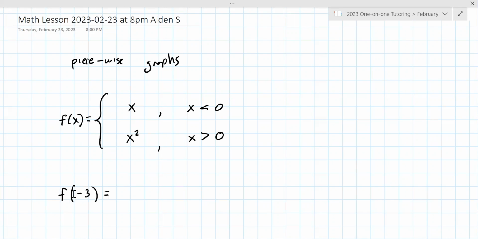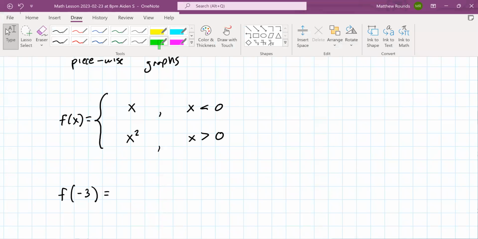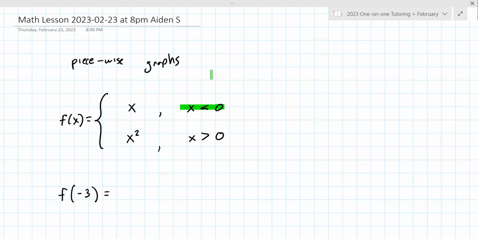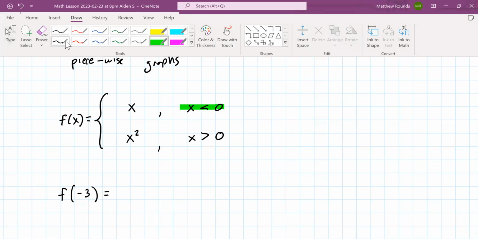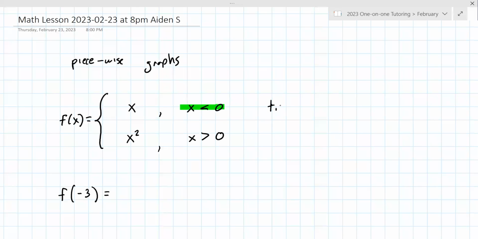Okay. And the way you check these is you ask yourself, is -3 less than 0? You go to this first inequality, and that's my question to you. Is -3 less than 0? Yes, it is. So this one is true in the case of -3. So you use the x, like you treat the function as if it's x. Okay, so in this case it would just be